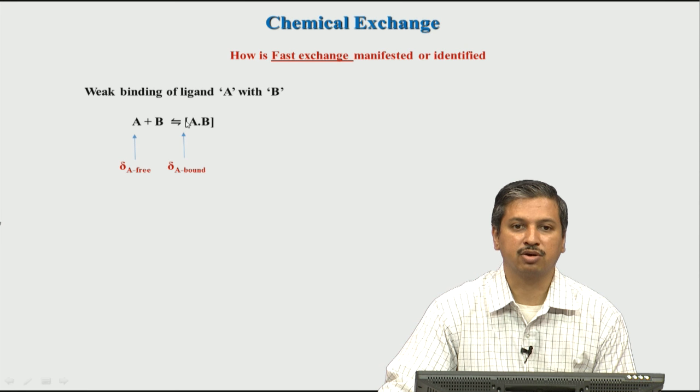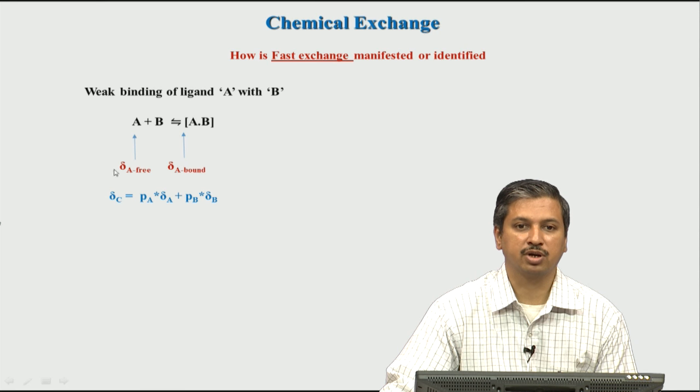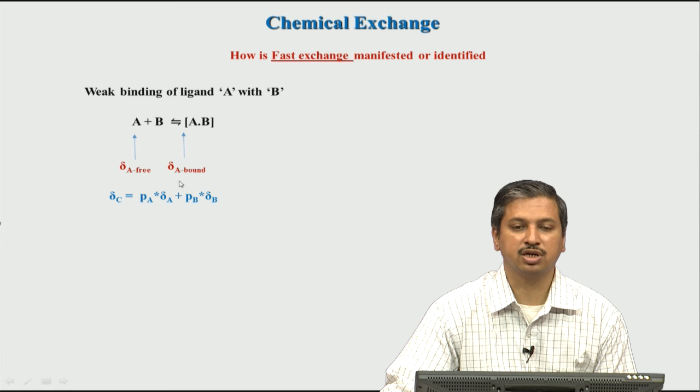Again remember, strong and weak and fast and slow all depend on the chemical shift. I mean the fast and slow depend on the chemical shift. So, suppose the chemical shift difference between them is not very large compared to the exchange rate, then we call that process fast exchange. So, if this is small compared to exchange, then what do we expect to see? We expect to see an average peak, a peak at an average chemical shift position, and that average position is